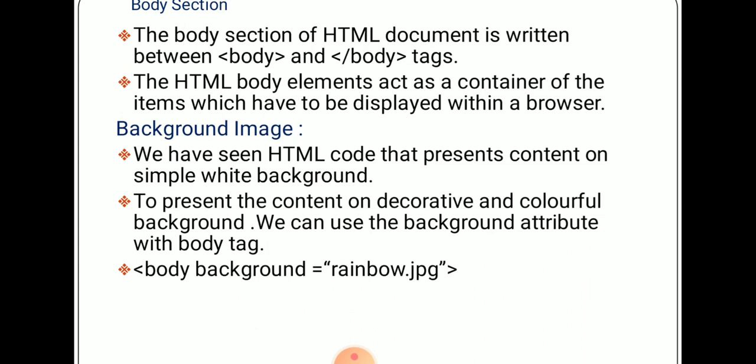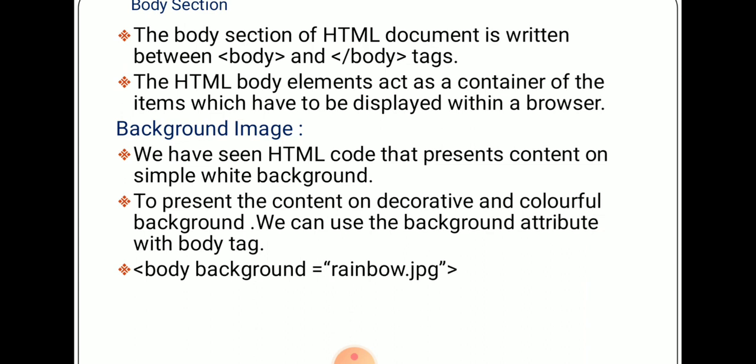If I add some pictures, some colors in my background, we use body background.